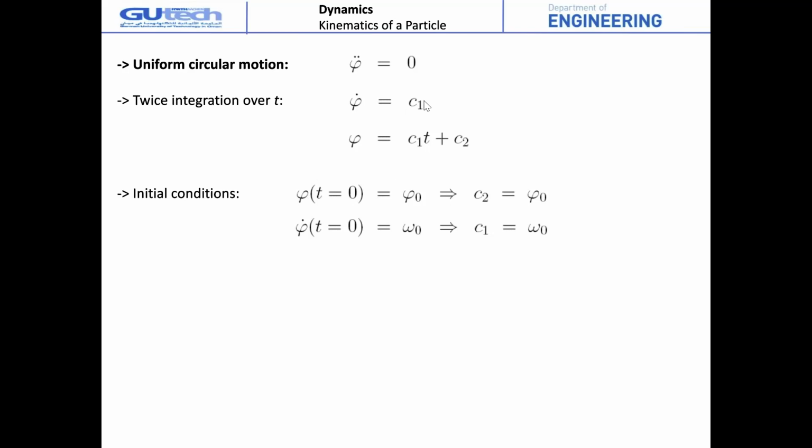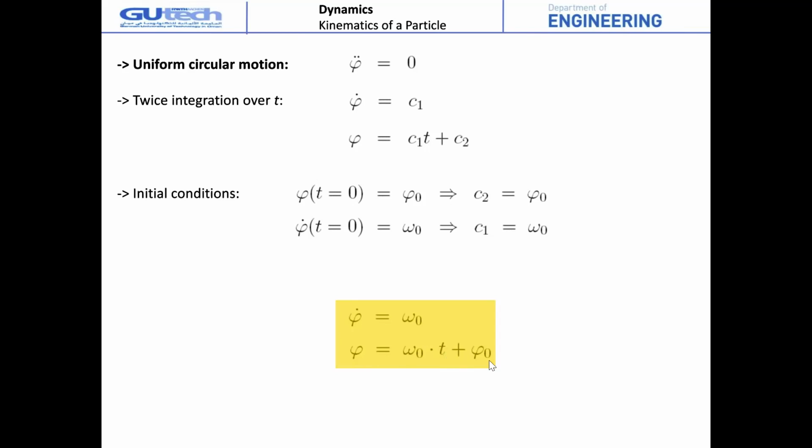In this case we have to define two constants of integration, C1 and C2, and these can be defined by the initial conditions. In general, we know the initial conditions. In our case, we take time t equal to 0, where phi is phi 0 and phi dot, which is the angular velocity, is equal to omega 0. Then we can get the constants C1 and C2, inject them into the equation, and we get phi dot equal to omega 0, and phi equal to omega 0 times t